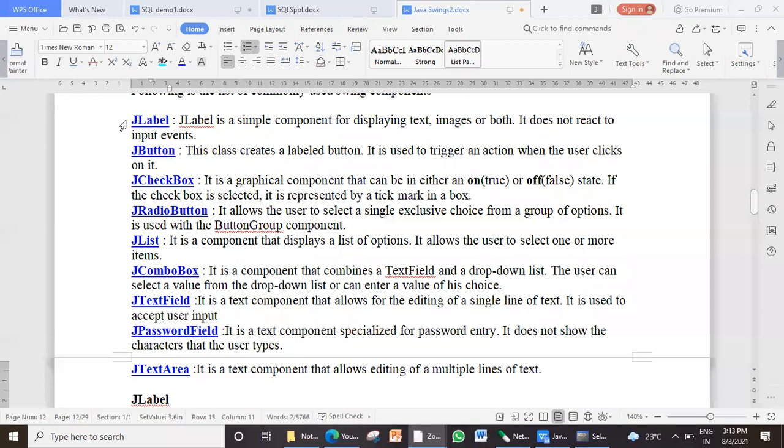So today we are going to continue with other Swing components. Before we begin, let's have a quick recap of all the components that we are going to study. There are also some extra components that we will study, but I have listed some important components in this summary part so that if in the exam you are asked for 5 marks, explain any 5 controls.